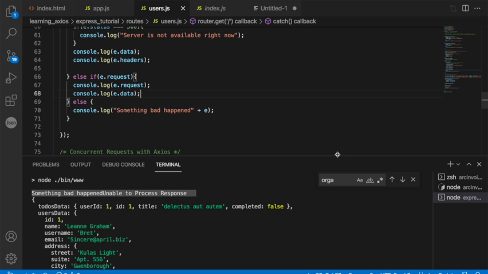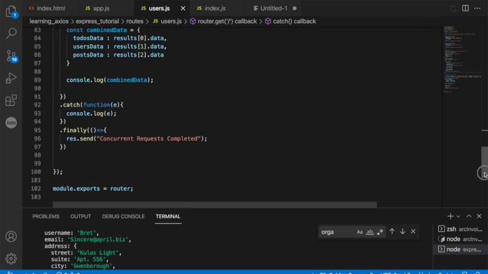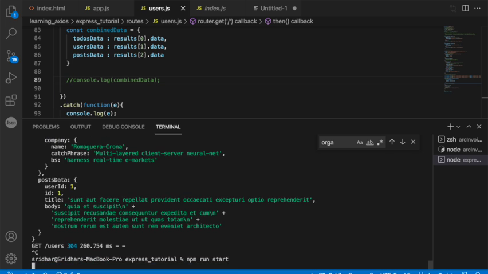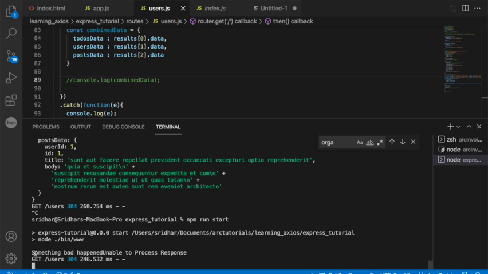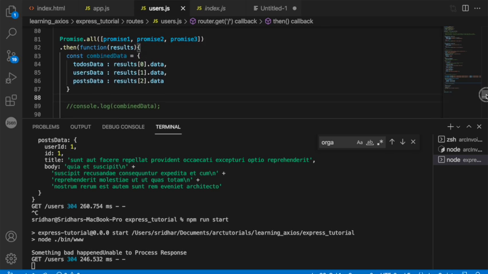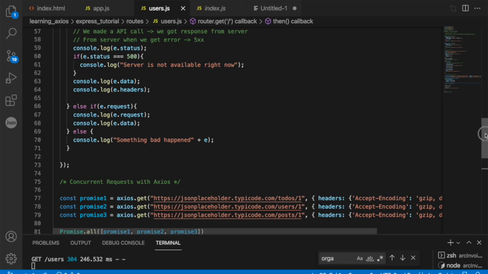Okay, so basically you can customize that error messaging however we want. The data that you're seeing is because of this console log, so don't get confused with that. The data you might be seeing, you might think it's working, it's not actually. See here, something bad happened, unable to process, and its status is 304. Okay, it doesn't know what to do. Got it? So that's all about error handling that you should know about